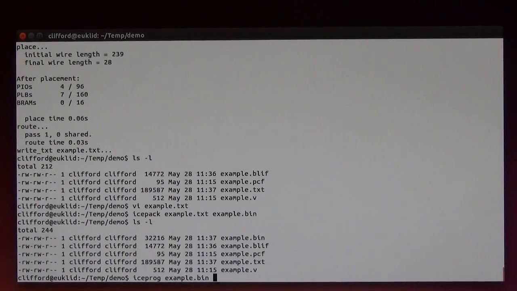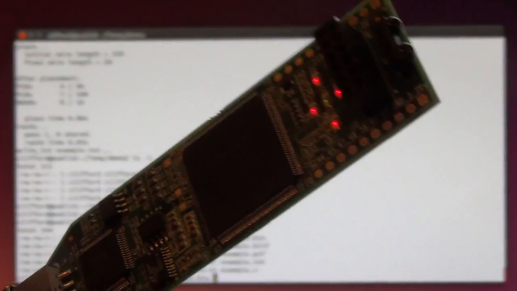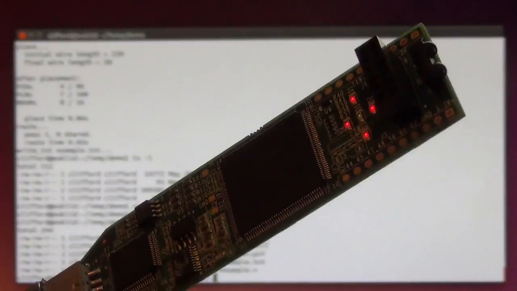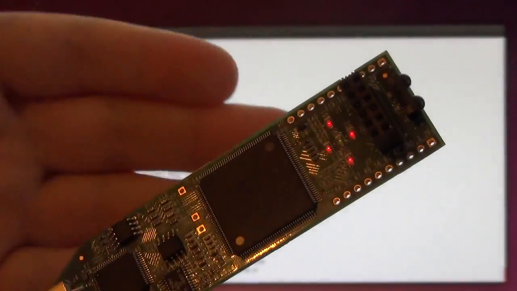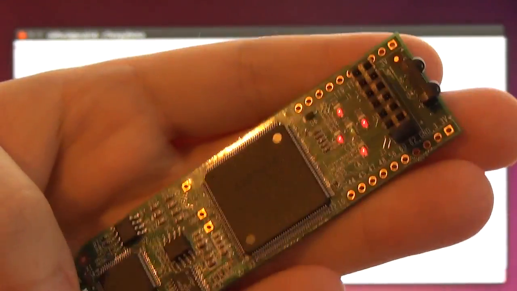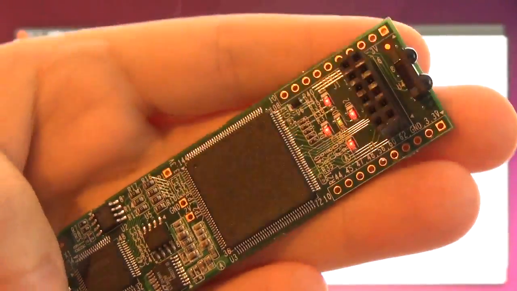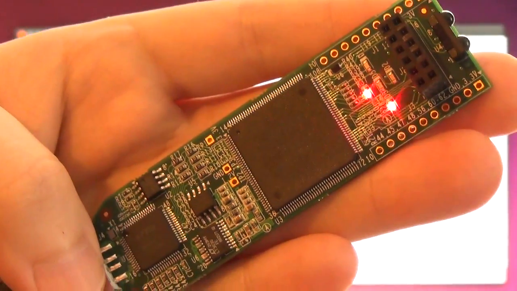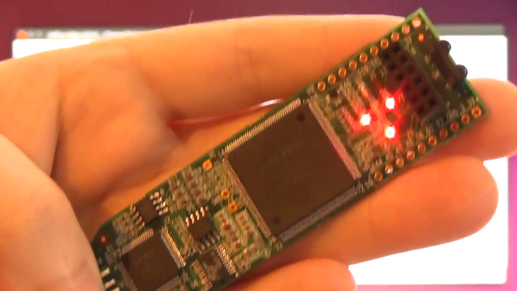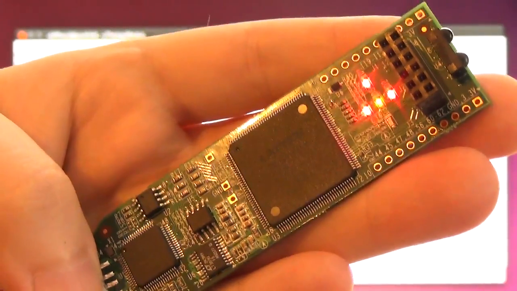example.bin, and I'm now going to hold the FPGA in front of the camera so you can see what happens when I press enter. Now the FPGA is in its reset state. For some reason they decided that in its reset state it should enable the pull-ups, so the LEDs are dimly on at the moment, but now let's program it. And now the Gray counter program is running on the FPGA, and only open source tools have been used